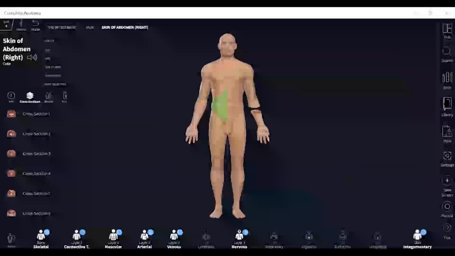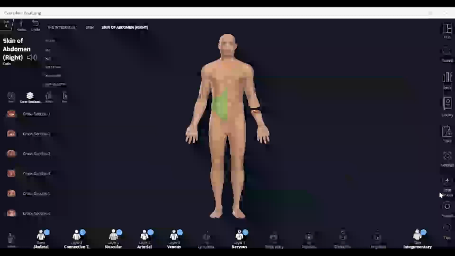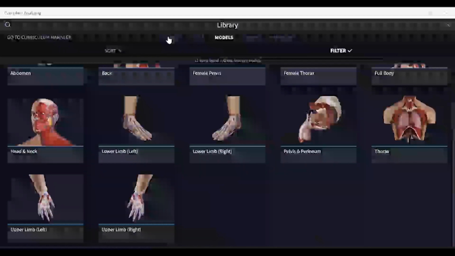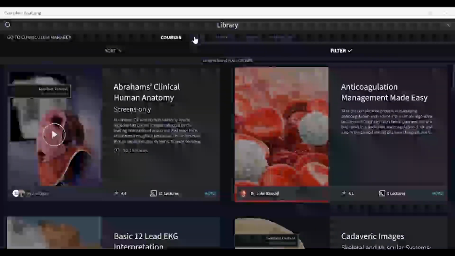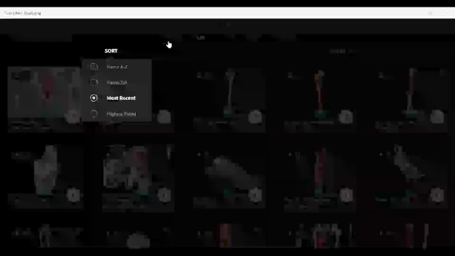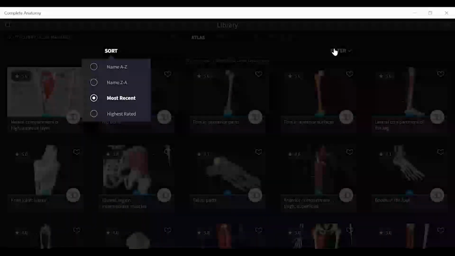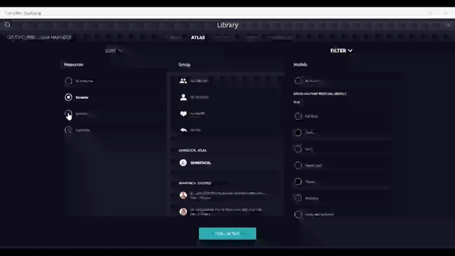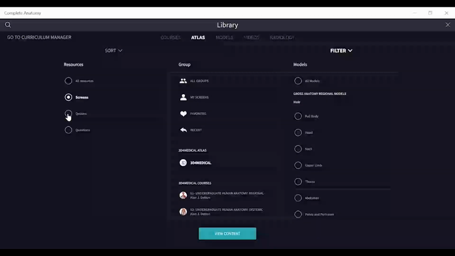So here, if I go to the library, you can search as well. Here now there's an option for a quiz on the topics.